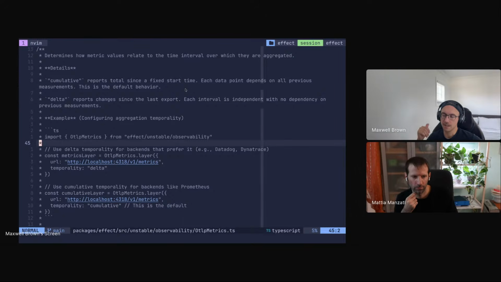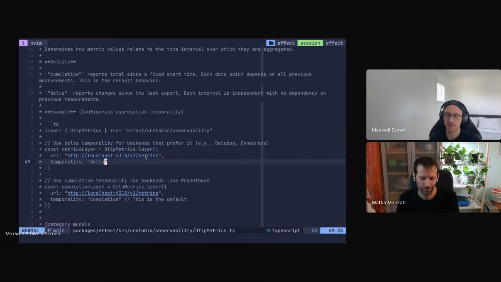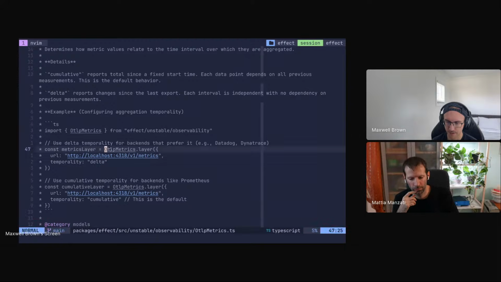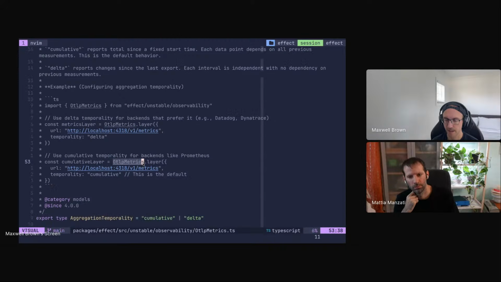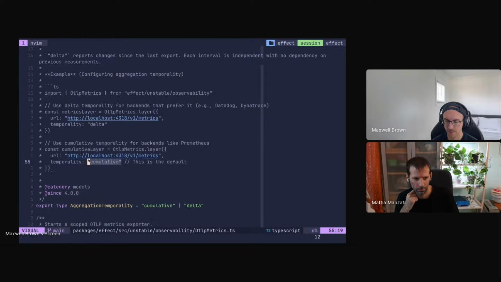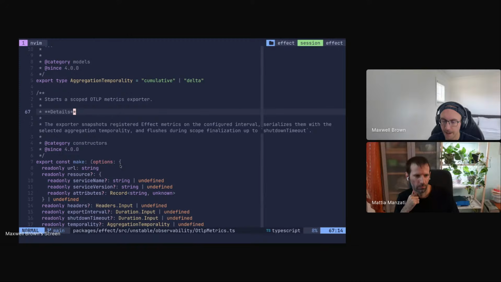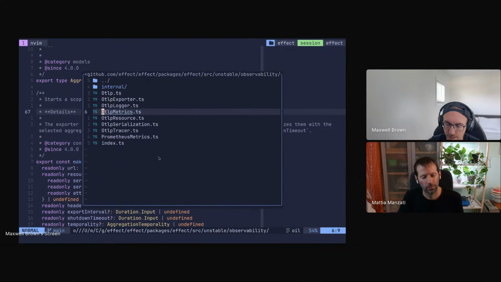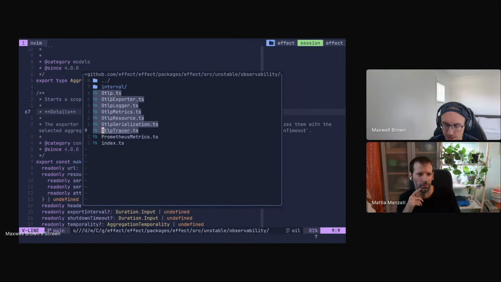So Datadog, Dynatrace, and there's a few other providers out there prefer metrics that are exported with a delta temporality in their OTLP ingestion layer. But now you can actually do it with just a single variable as you're setting up your OTLP metrics, which is pretty cool. And similarly, if you want to have Prometheus style metrics using the OTLP layer in Effect, you can do that and just set the temporality to cumulative, which is also the default. So you don't have to even really set it. While the OTLP metrics module is very cool, and all of these built-in OTLP modules are really cool because you don't need OpenTelemetry as a dependency,